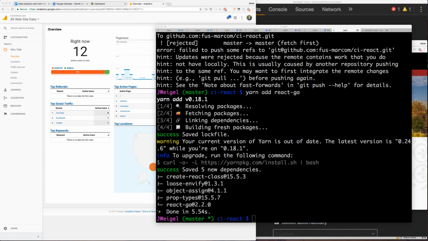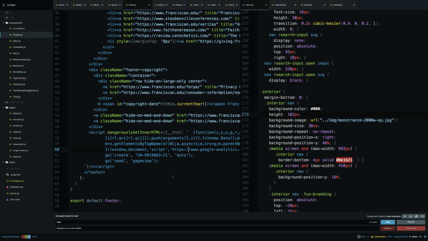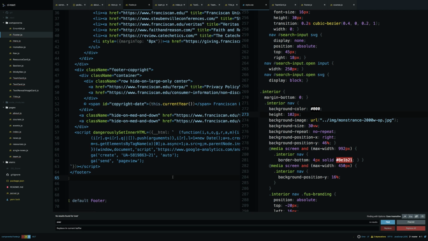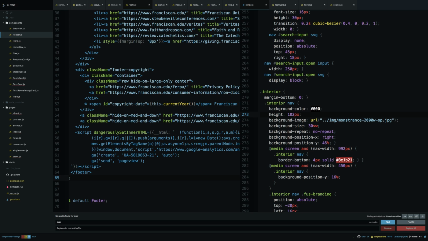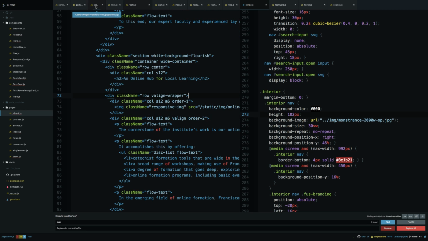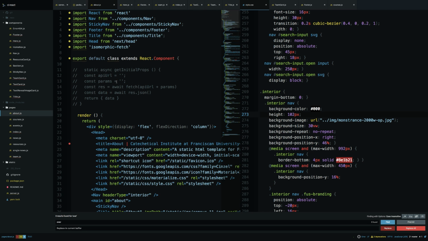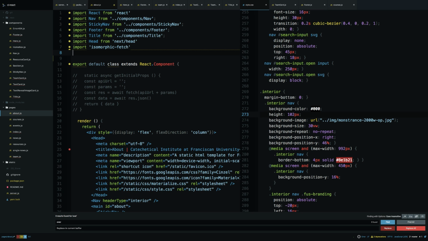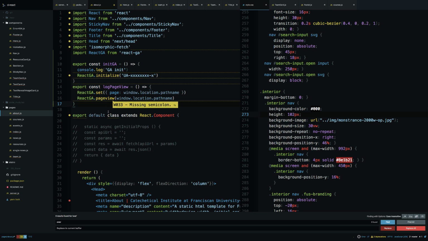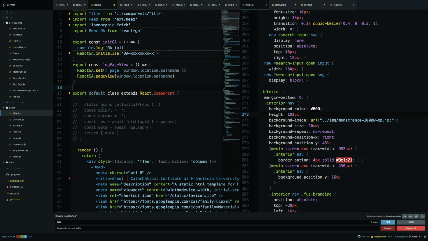Alright, so I'm going to move this over so we can go over to our code. What I do want to keep... So let's go to one of these interior pages, I guess. I guess it doesn't matter. We go to any of the pages, but I'm just going to go to an interior page here, and let's see how this works. Okay, so I just pasted this in here. Hopefully,